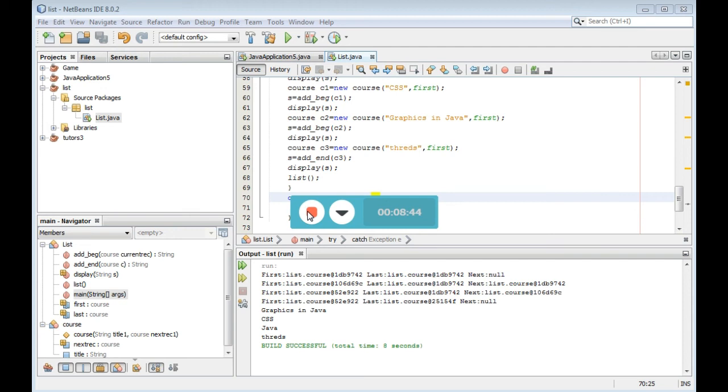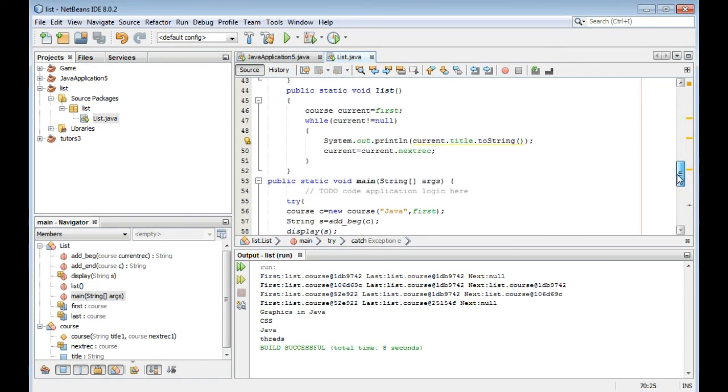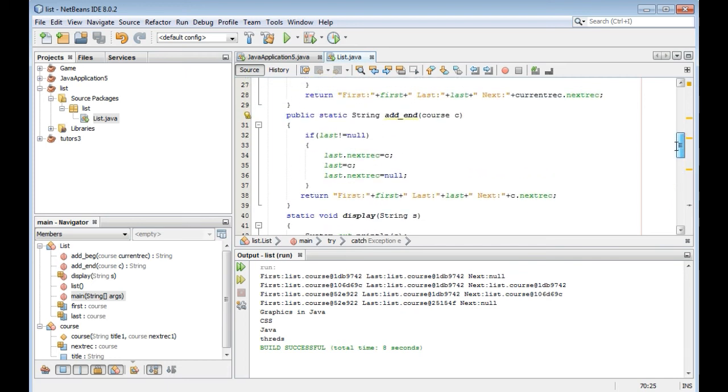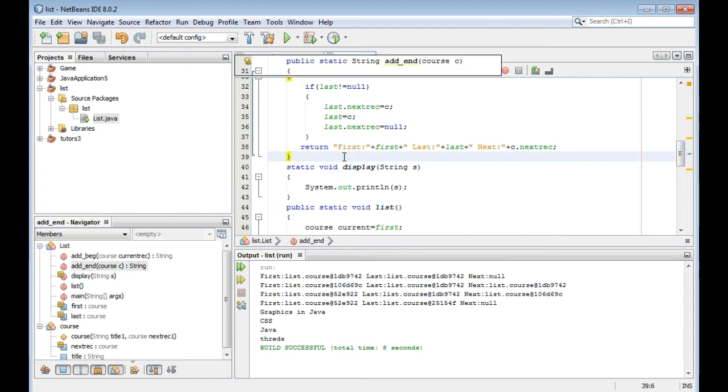How to do that? Now we should implement a function to remove from the beginning. How to remove from the beginning?